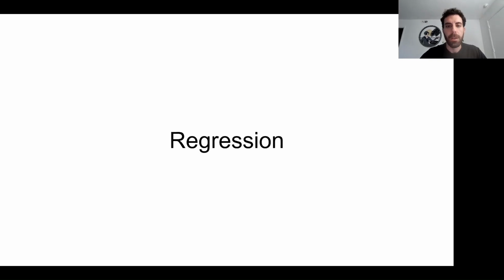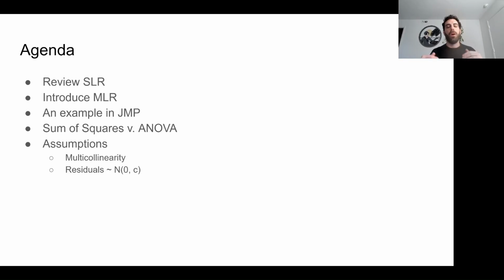To start, I want to do a review of simple linear regression, which you might also know as univariate regression because you're just regressing on one variable. And then we'll talk about multivariate regression and its parallels. We'll go through an example in JMP. We'll talk about the sum of squares, which is related to the sum of squares that we did in ANOVA. And then we'll go over assumptions checking because